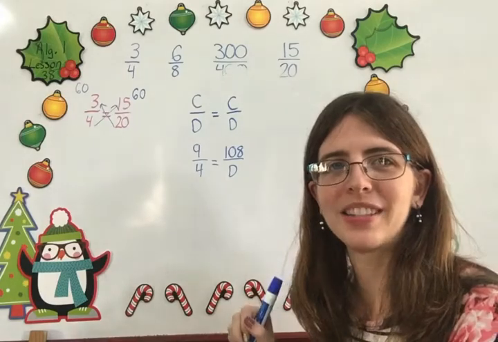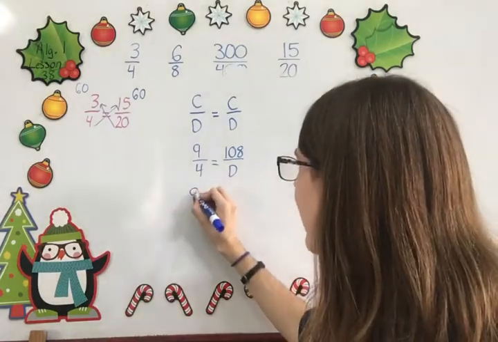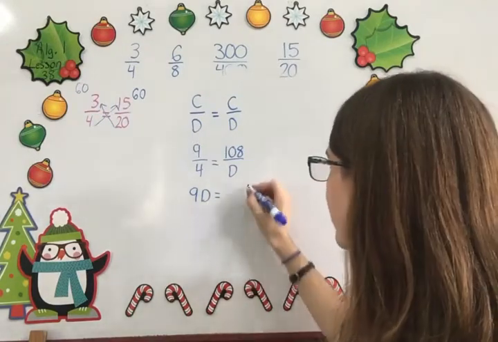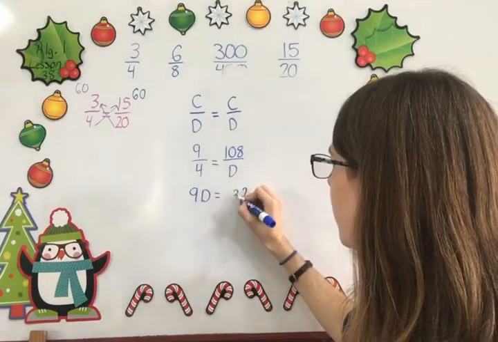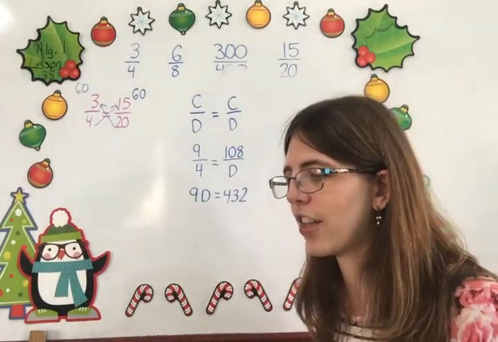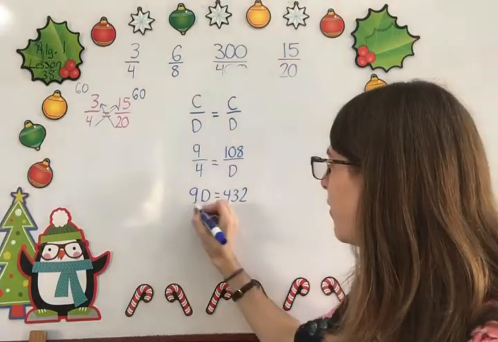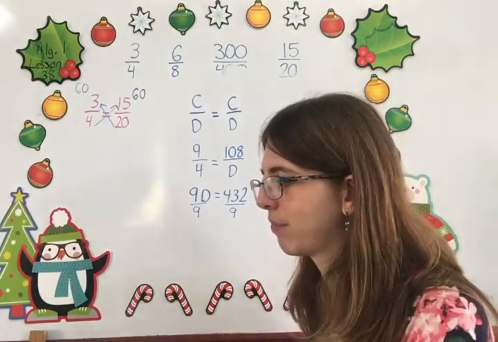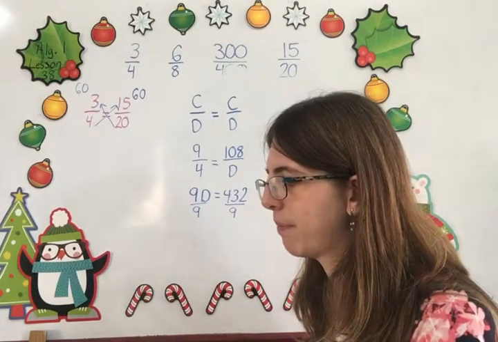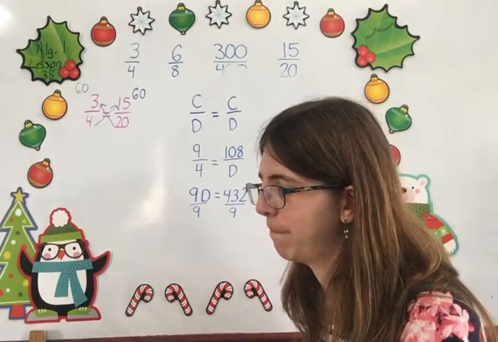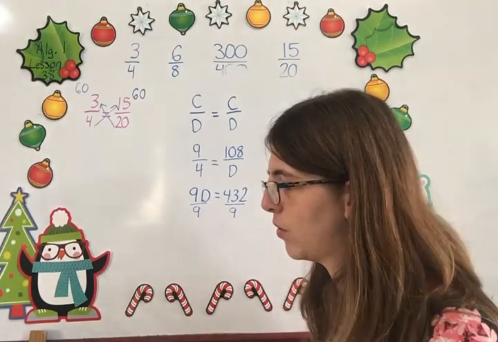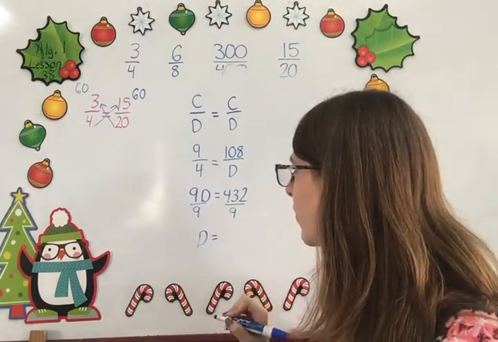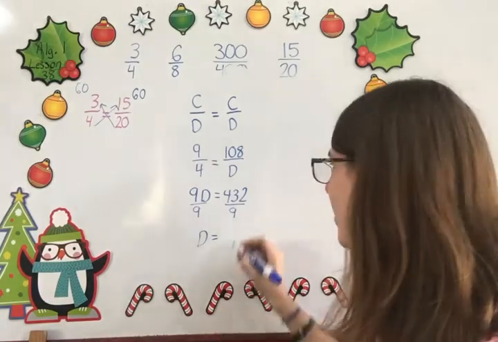Now I cross multiply to solve. So I have 9 times D is 9D equals 4 times 108, 432. Now I divide both sides by 9. Let me make sure that I did that correctly. Okay. So D equals, dividing both sides by 9, I get